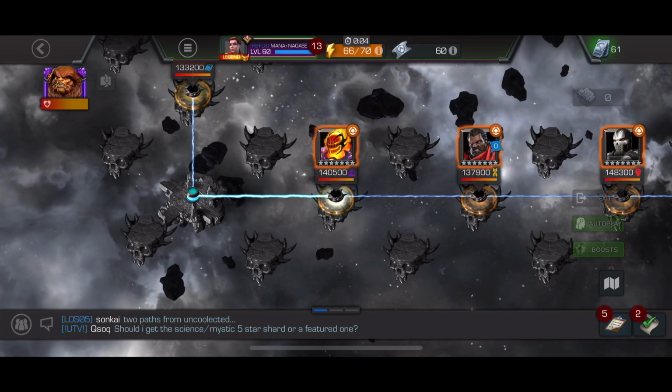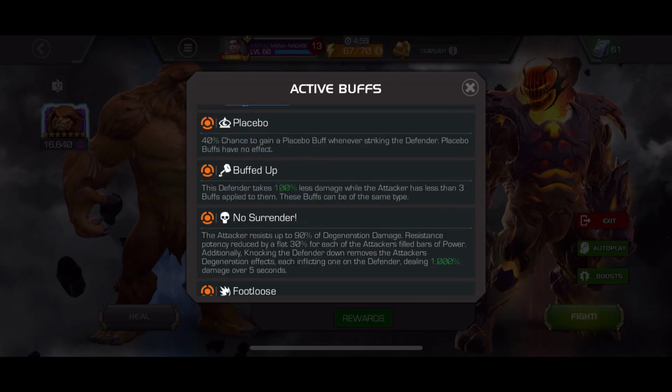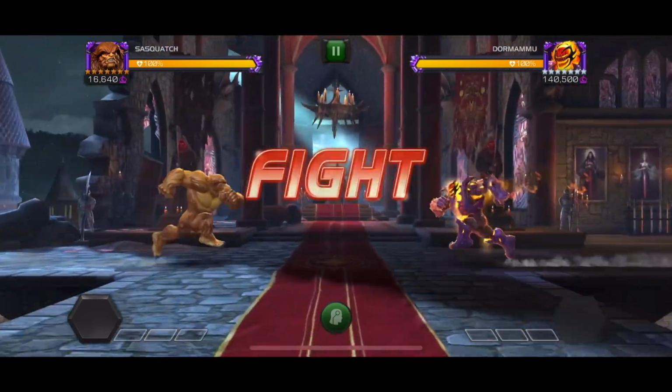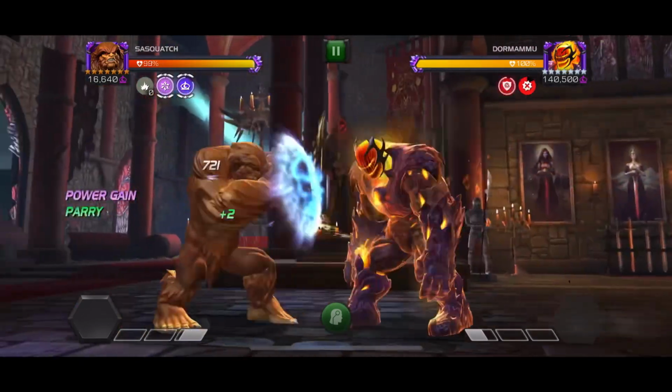Today we have a fun compilation of 7-star Sasquatch, who honestly has surprised me, man. I feel like he is so good, and he's so much better than I thought he would be. So yeah, we have Eternity Pain Dormammu, right? This isn't an easy fight at all. It requires either a lot of buff control or some sort of insane damage or stun lock,